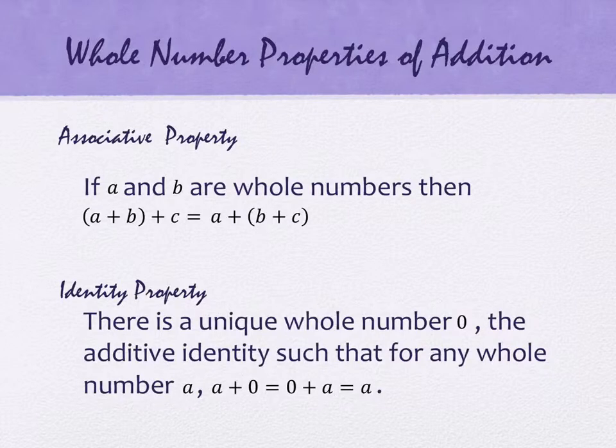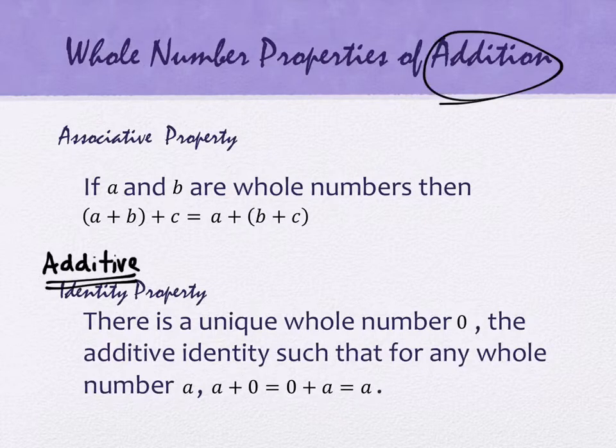Identity. I want you to make one note here, because this happens every time we get to a test where I ask a question about identities. This is the additive identity. You should be aware of it because the word addition is up here. But very, very specifically, this is the additive identity. Now, technically, these are all additive properties, so it's the additive property of commutativity, right? It's the additive property of associativity and all that good stuff. But it really, really matters here because the additive identity is something different than the multiplicative identity. They're not the same thing. So when we're talking about the identity, we really need to specify which identity we're talking about